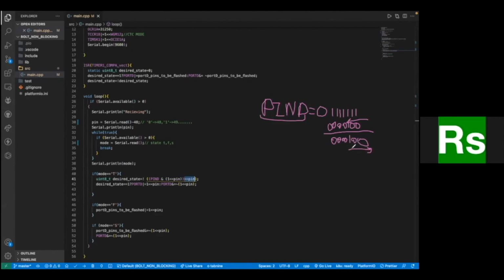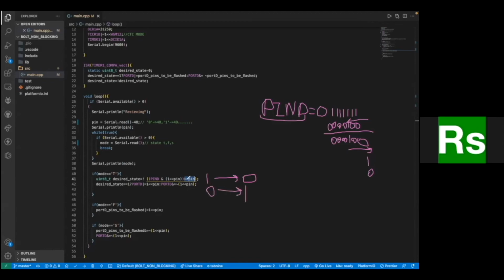So we right shifted. So we get a 1 or a 0 based on the state of the pin, and you can do it with any pin. Next, we do the logical NOT. This is not the bitwise NOT. This is a logical NOT. So logical NOT does this: if the value is 1, it turns it to 0, and if it is 0, it turns to 1.